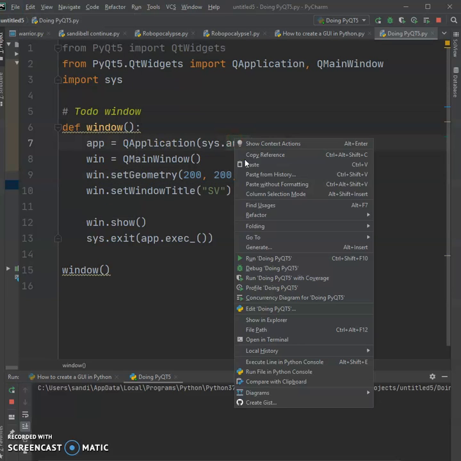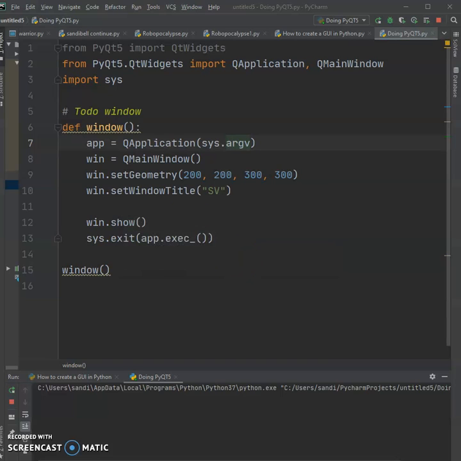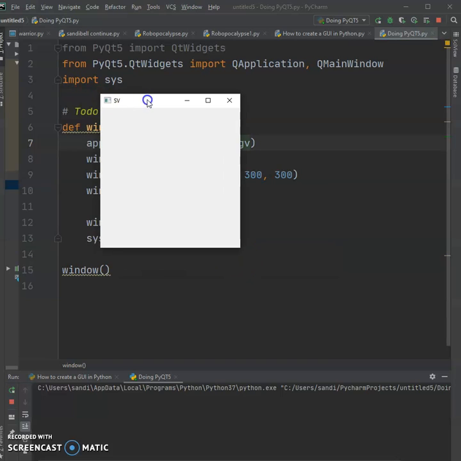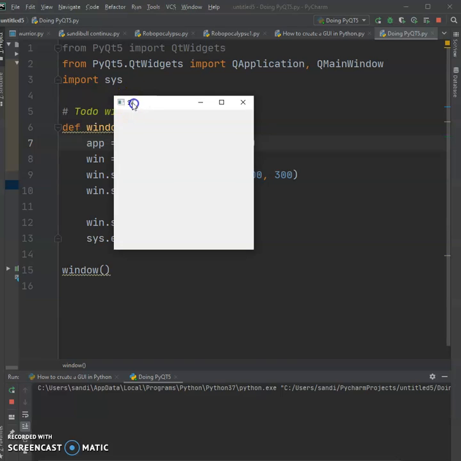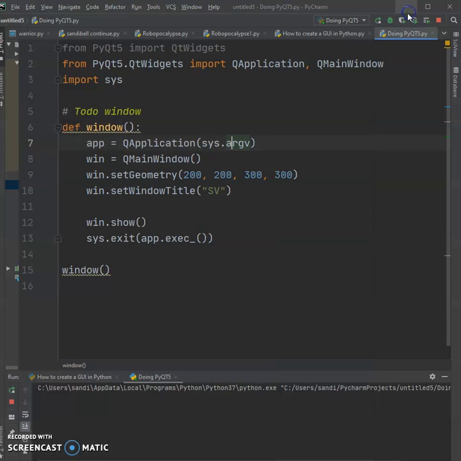Let's see again why it doesn't show up. Stop running. Okay, it does show up right here. This is the window. So I call it SV window. Then if I did full, it does show. If I did like this, it shows it. So I would try to create